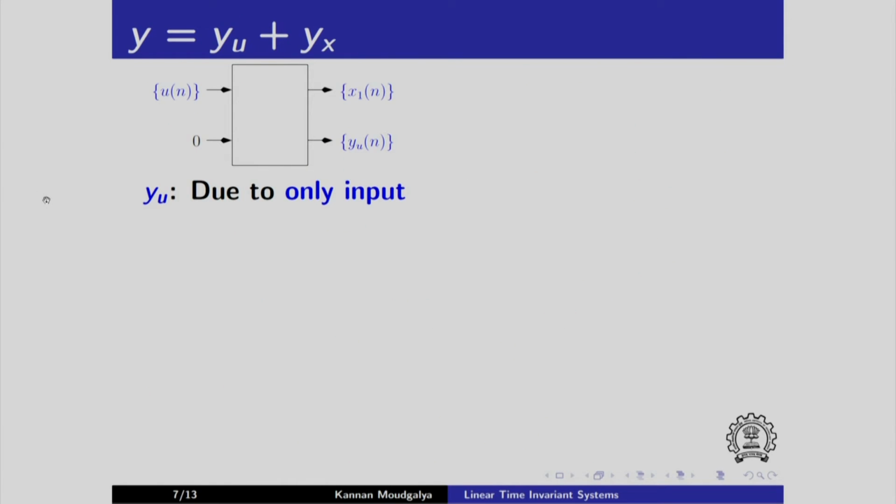Next, we go on to the case where we would like to consider the effect of only input. Here I call it y sub u. Y sub u is the output that I get when the initial state is 0. So, what does it do? Because the system is linear, when the input is doubled, when u is multiplied by 2, this x and y double. So, we have taken a linear system and we have taken this particular case where we have taken the initial state to be 0.